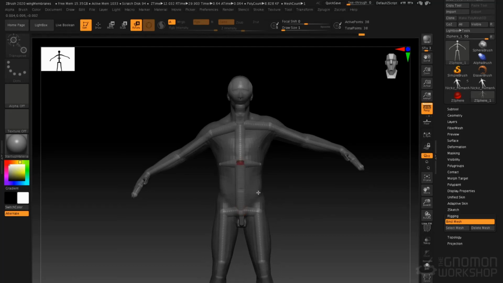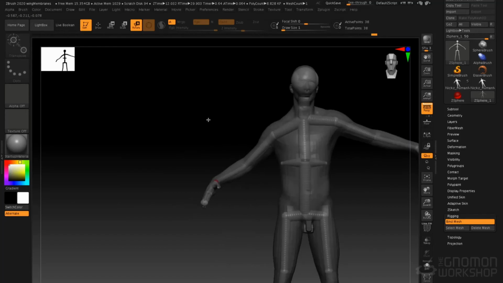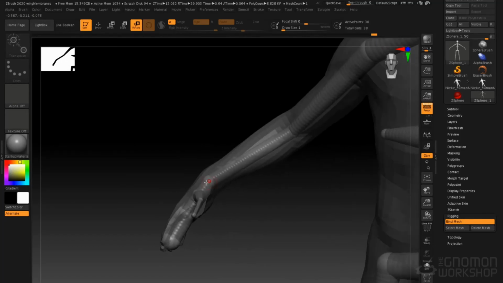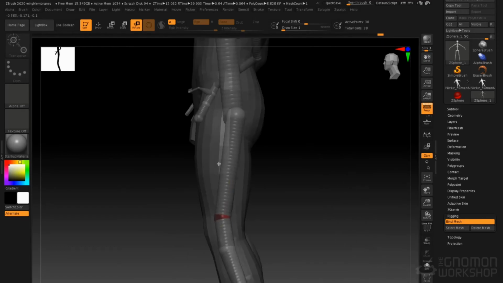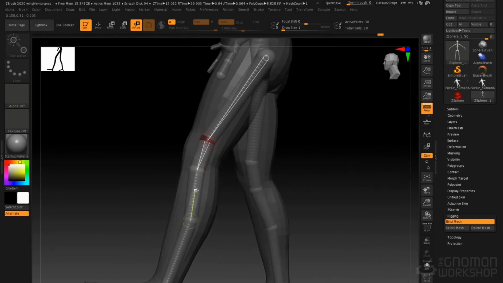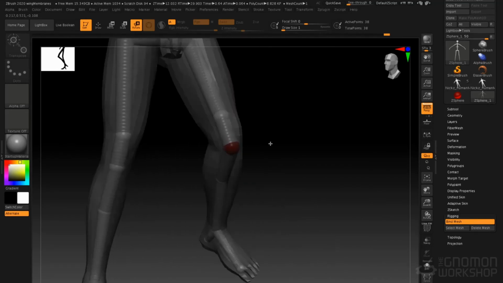So if I click here, bring this up, rotate this down, I can rotate the forearm. Maybe I want to bend the wrist. I can do that. Let's bend the leg. So I'll click and drag to rotate that. I'll click and drag to rotate that. And you see what I mean about getting a nicer bend there if I've got a couple spheres for the